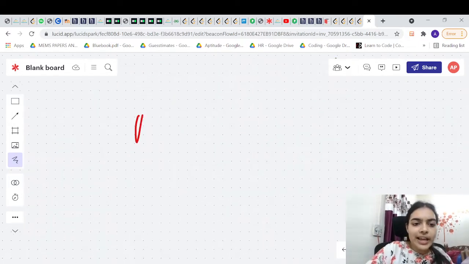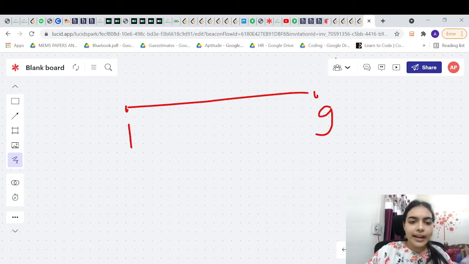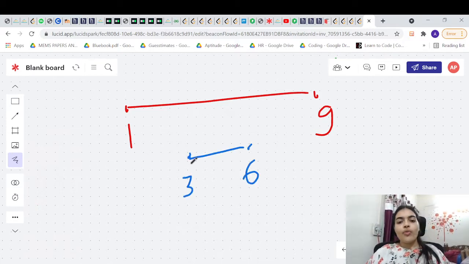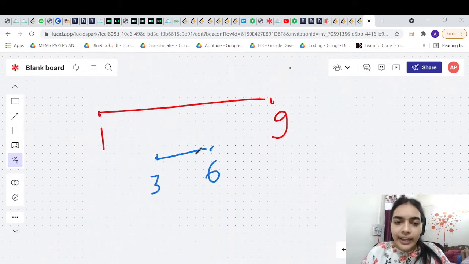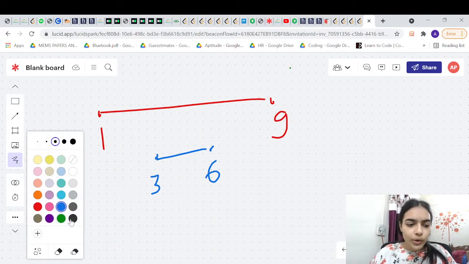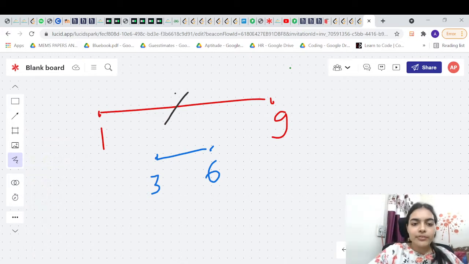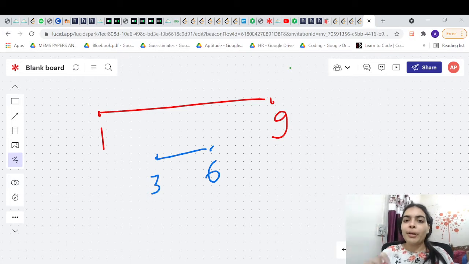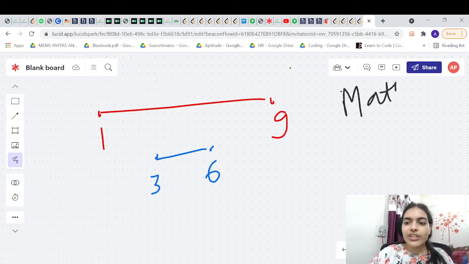There can be a case like this. Let me try to take a case. Suppose something like 1 9, and let's say you have something like 3 6. So what if you have a case like this? Again, now you have choices to make. Now you may say that they are overlapping intervals, so how does it matter which one you delete? You will still have to delete one of them to make it non-overlapping, but it matters which of these you will delete.